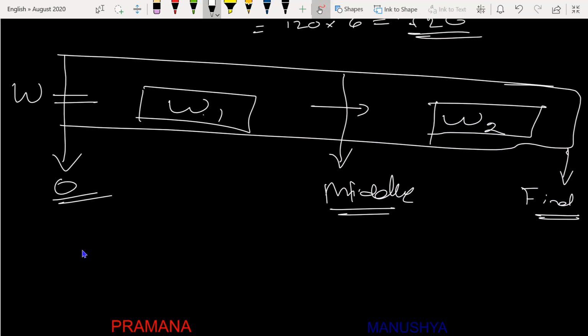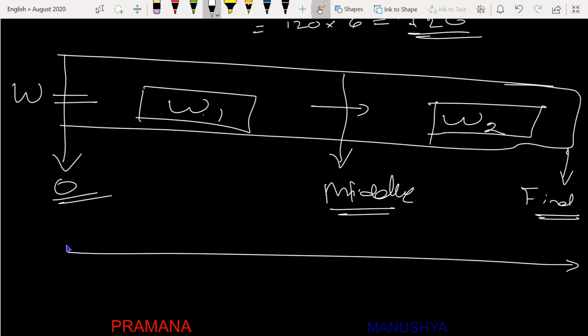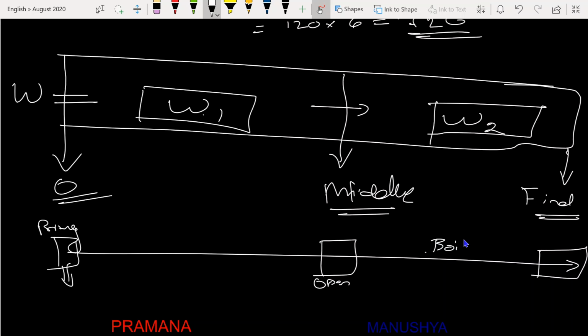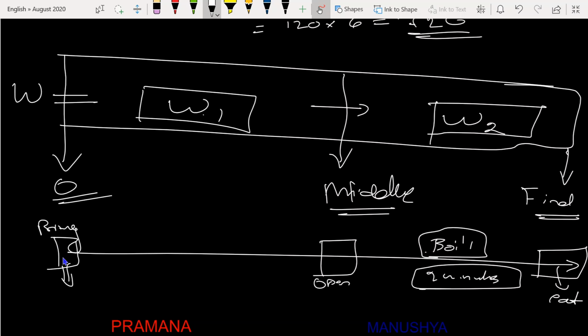Easy manner is, if you want to cook Maggi, okay, first you have to bring Maggi, right? Bring Maggi, then you will open the packet, then you will boil or cook for 2 minutes, or what they advertise, it will not actually be like this, it will be a little bit more, then you will eat it, right? So for eating, what you have to do? First you have to open, then you have to reach some level, then you have to boil, and then you have to eat, right? So this work is divided into two halves.